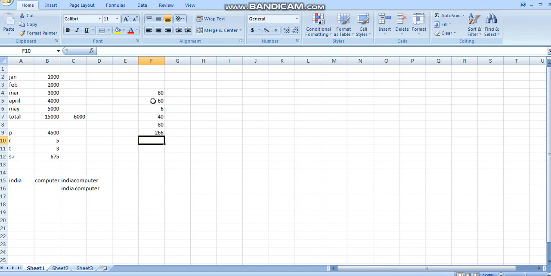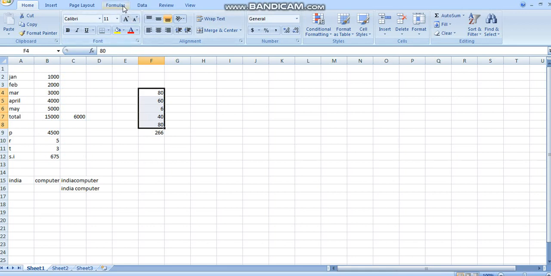Now I have to name a range. How will I name a range? I'll show you. I'll just select this cell.